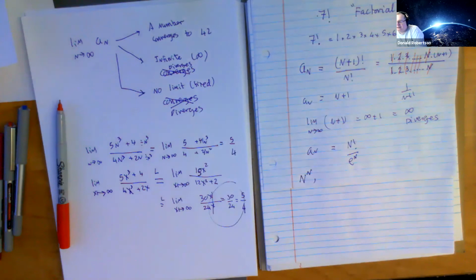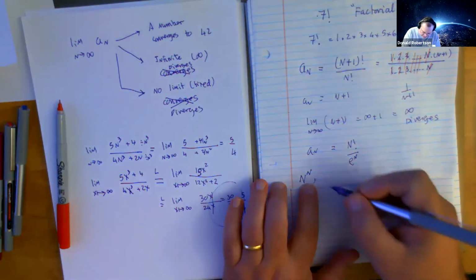Nothing gets bigger, at least anything we're going to see, than n to the power of n. Just pick a number like 100. 100 to the power of 100. Well, actually 10 would do. Isn't 10 to the power of 10 massively big? He's the biggest guy in town. After n to the n,